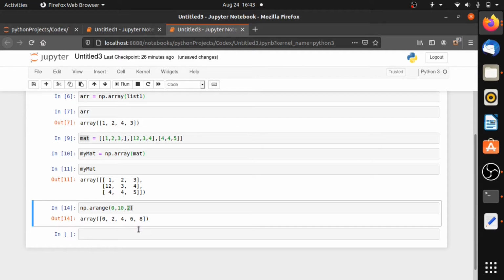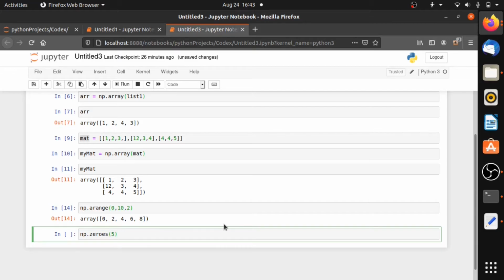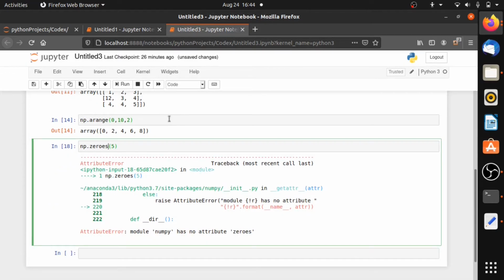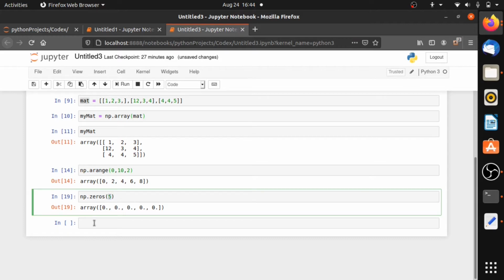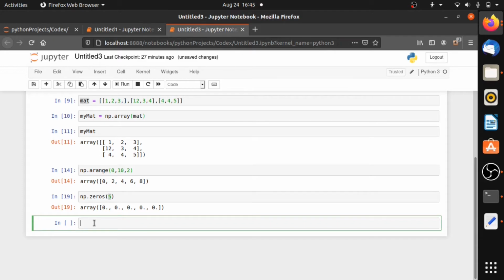So another function is the zeros function. Let's see, np.zeros. Let's input a value here and check what it does. 5. Let's run it. Sorry, we have a typing error here. np.zeros. The zeros function will display a null matrix, and the number of values inside the null matrix will be as many as directed in the zeros function here. All the things we will be learning here today are about the process of creating arrays in NumPy.